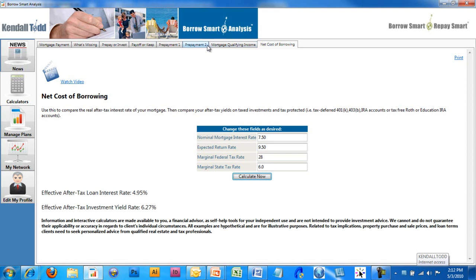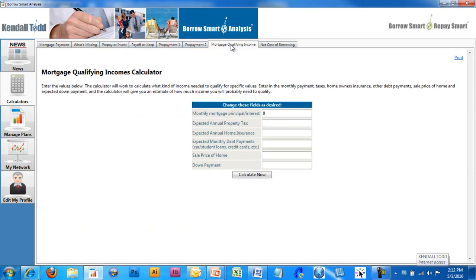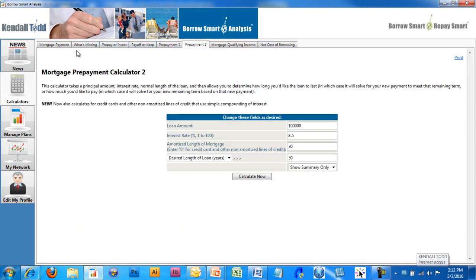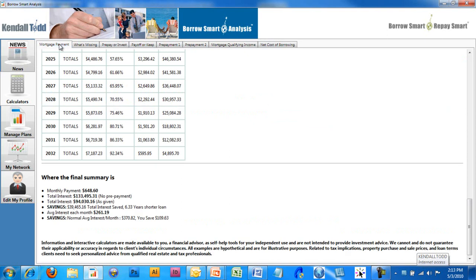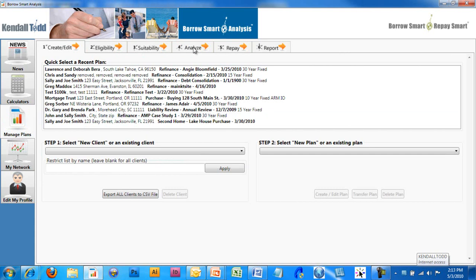So we've got three new calculators here: mortgage qualifying income, the new prepayment calculator, and the new mortgage payment calculator. We have one more that should be showing up in a couple of days. It's a savings calculator that allows you to show compounding and cash accumulation as well. So hopefully these will be a welcome addition to the tools that you're already using. We've added some other features and benefits you may have seen that will be coming out in a separate recording series teaching you how to use the repayment strategies and some of the new report capabilities that we added in our